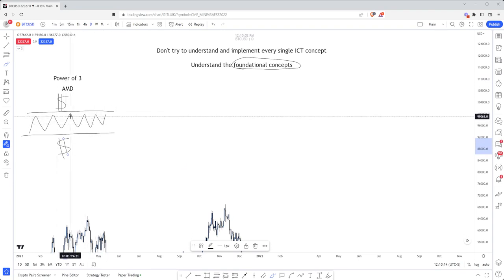We talked about what market makers do in the liquidity episode of this crash course. Citadel, it even says on their website, they make for a tradable market. So what does that mean? Well, that means that if you are a massive player, you're going to need available liquidity. And market makers are able to manipulate markets and keep things under control, keep things attractive to traders. So if we can understand that everything is based off of the whole AMD, the whole manipulation, right? Then we're able to really look at things, like a lot of people call it the Judas